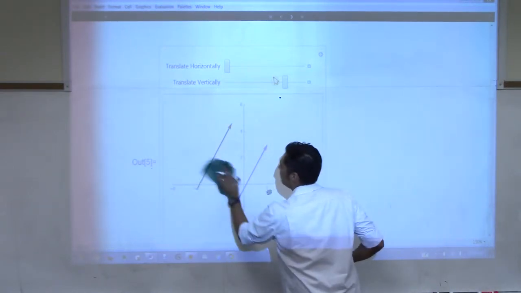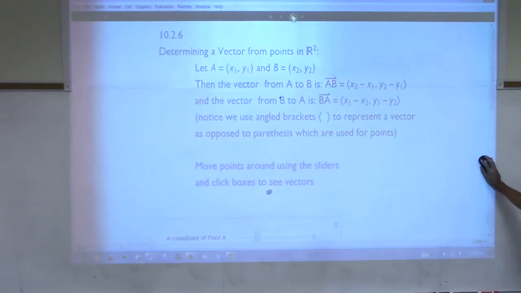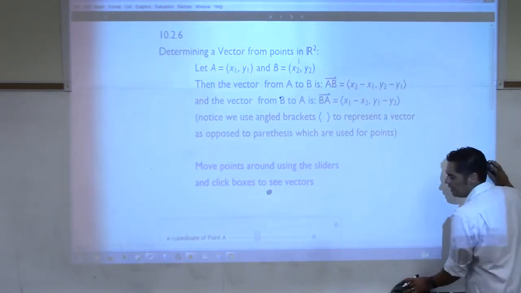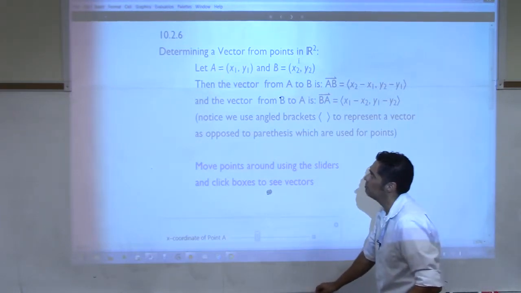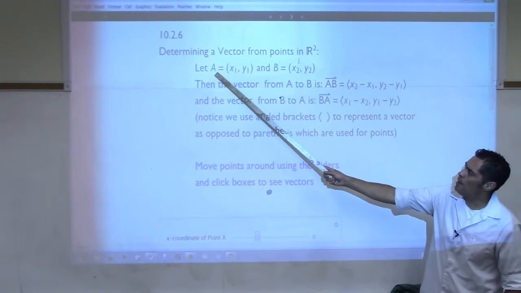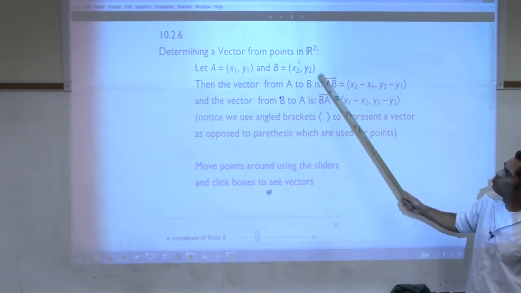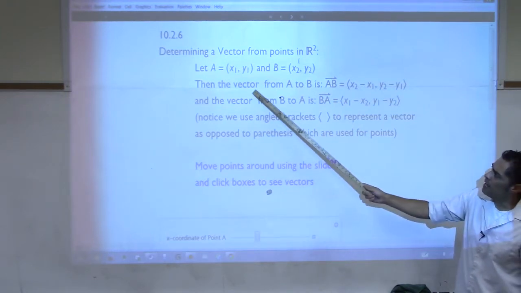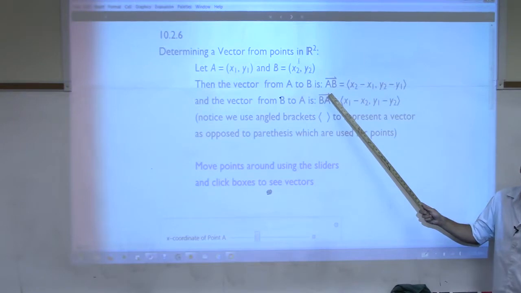All right, so how do we find a vector? How do we actually find a vector if somebody gives us 2 points? Well, it's a very simple computation. If somebody gives you an ordered pair, so this is a point A, which is x1, y1, they give you another point B, x2, y2, then the vector connecting from A to B is written this way, AB with the arrow on top,